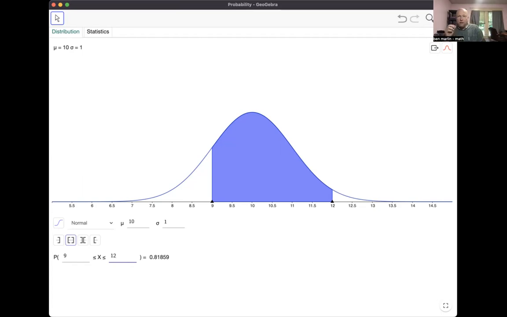If you get a probability of 0, that means that the event you're trying to get the probability of is impossible. It will never happen. If you get a probability of 1, that means it's a certain event that it always happens. So if you talk about the probability of flipping a coin and having it come up heads, that should be about 50%, so 0.5.